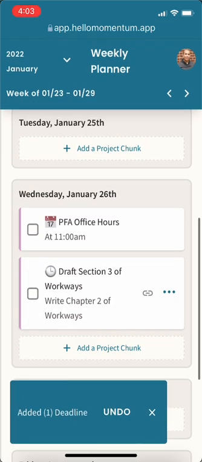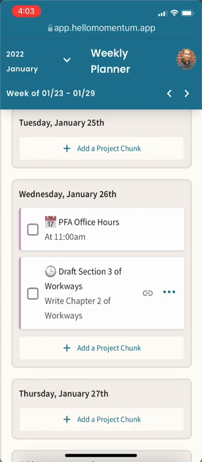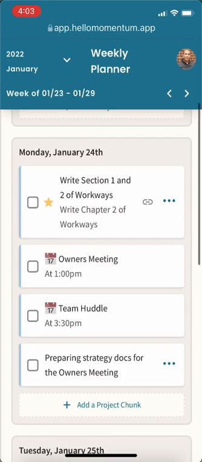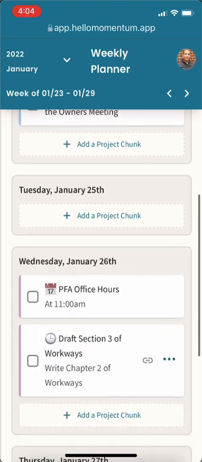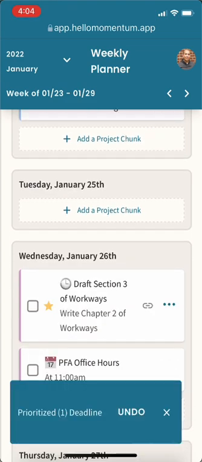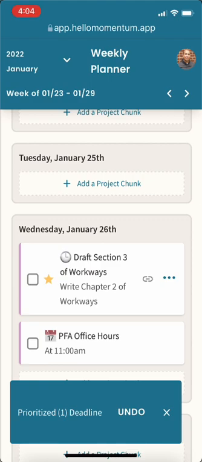And you can see that the little calendar there at the top shows you that you've got a calendar event. The little emoji that shows the deadline says that you have a deadline. If you want to go ahead and prioritize that deadline, you can do that. You can see how I did that with write section 1 and 2 of Workways. Obviously, if I write section 1 and 2 of Workways, it'd be easier to draft section 3. So I'm going to make that a